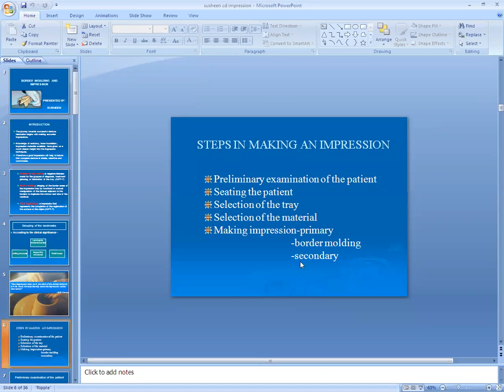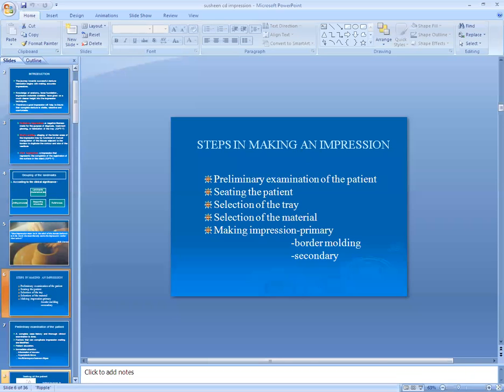So what are the steps? First, the patient sits on the dental chair. Then the position of the patient, the position of the doctor, selection of the tray, trimming of the tray, selection of the material, border molding, and final impression.